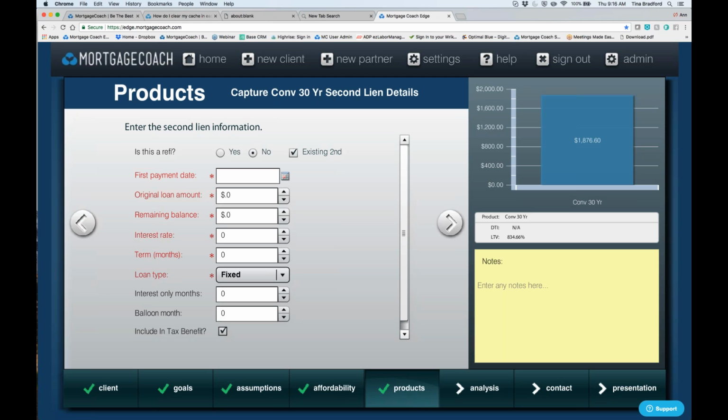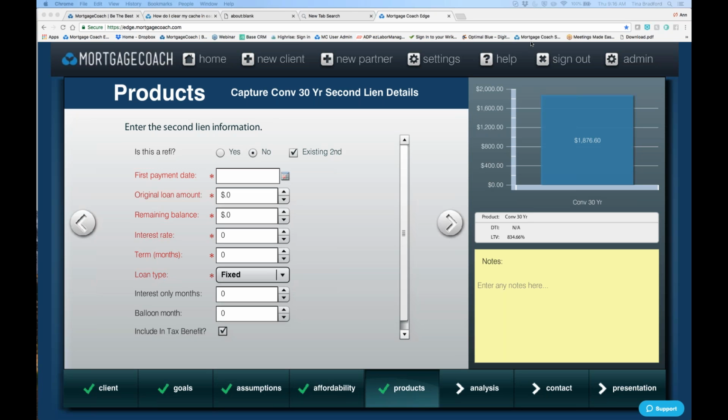Now, the question always comes down to how's this going to be beneficial to me as the loan officer? And as the loan officer, what this is really going to open up is, because most loan officers are not going to have the ability to show this information without using Mortgage Coach, you're going to be able to really leverage it to work with CPAs and financial advisors. So it's really giving you a step above other loan officers out in the field, because the calculations are actually so complex that unless someone's really, really good at using Excel worksheets, more likely they're not going to be able to come up with the amounts.